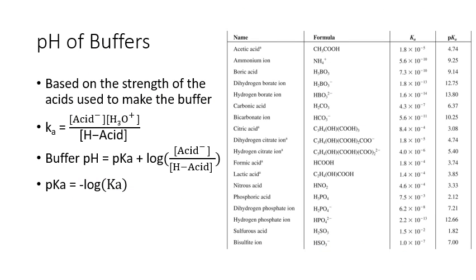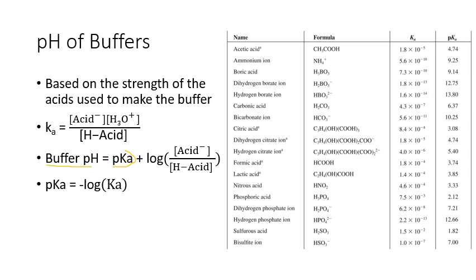So we can figure out actually the pH of a buffer. There's a little equation that you can use if you know what acid you're using and what the strength of that acid is, or what its Ka value is. You can actually figure out how strong the buffer would be and what the buffer's pH would be. And the equation for doing that is this equation right here, that the pH of a buffer is equal to